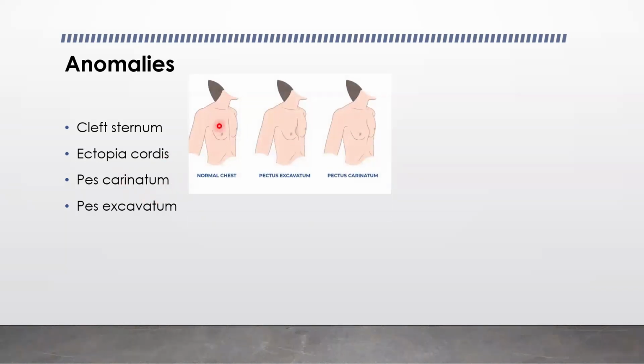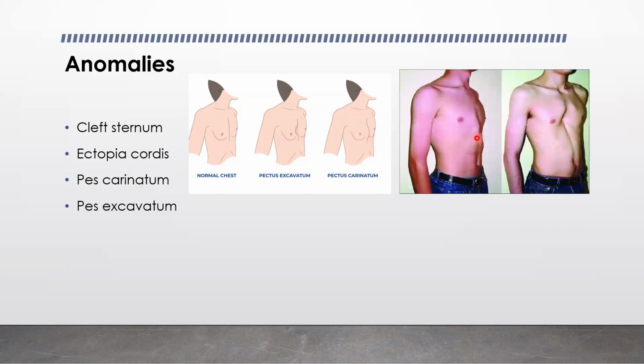So this is a normal chest. This is pectus excavatum, a cave, like the chest has a cave, excavatum. Then for pectus carinatum, the person has like a pigeon chest, like you know the chest of a pigeon, or maybe a bird, is projected anteriorly. That's the reason why it's known as pectus carinatum. And this is well represented in this. So you can appreciate this pectus carinatum. It's known as pectus